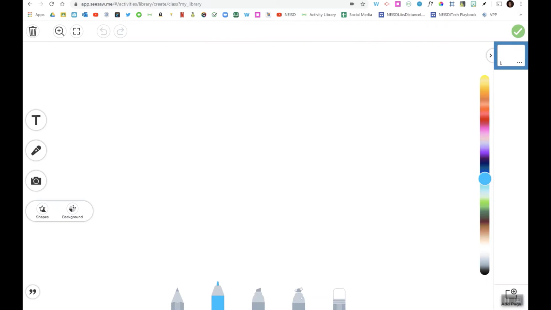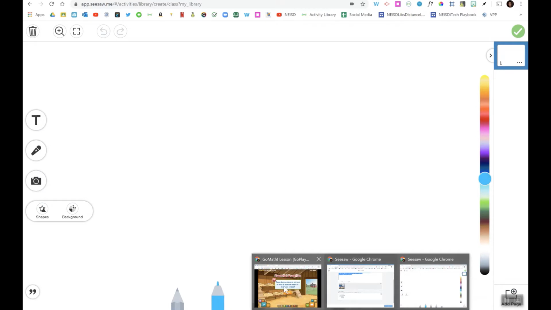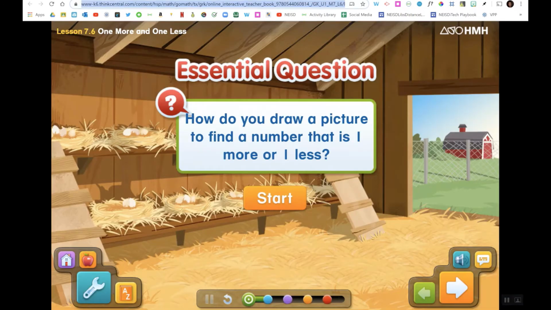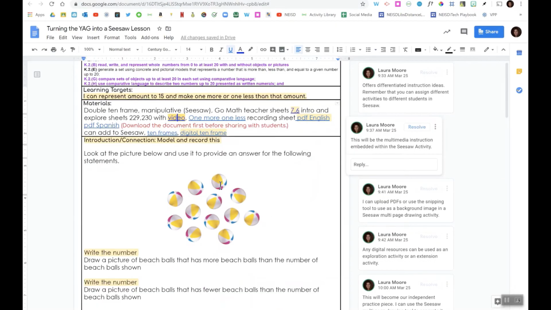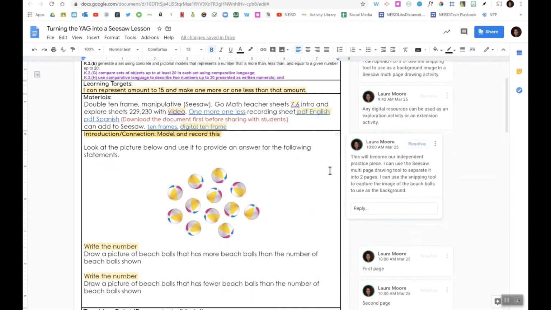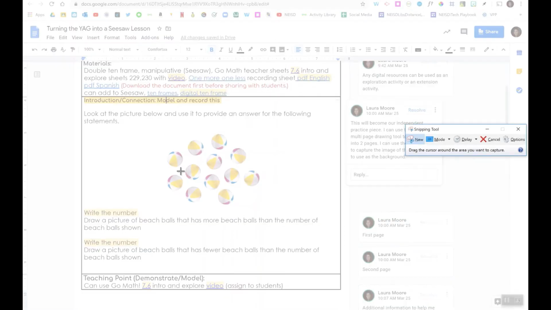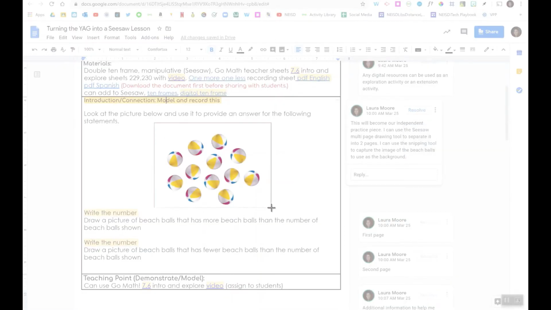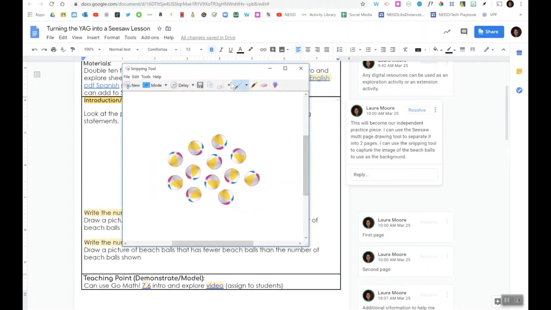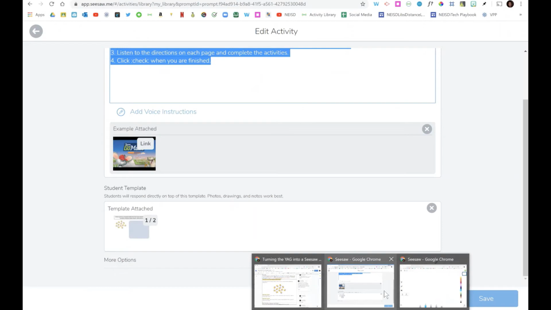So I'm going to go back to the YAG, and let me look at what I have thought here. Okay, so this is going to become the independent practice. So I'm going to use this picture of the beach balls, but I need to grab that picture. So I can click on my snipping tool. I'm going to get a new snip just of this image right here, and I can copy it, go back to my Seesaw activity,